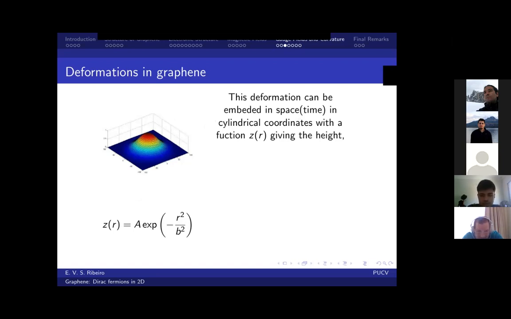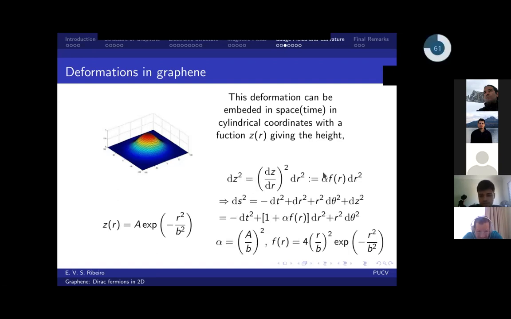In a space-time with cylindrical coordinates, basically, we will have this metric here. Of course, we are dealing with a relativistic equation, so we can't forget the time part of the metric. But the z coordinate will be determined just by the derivative of the height of the surface. So in the end,